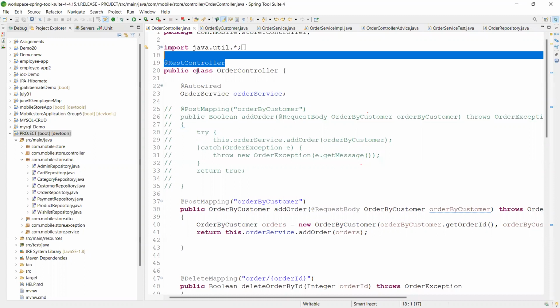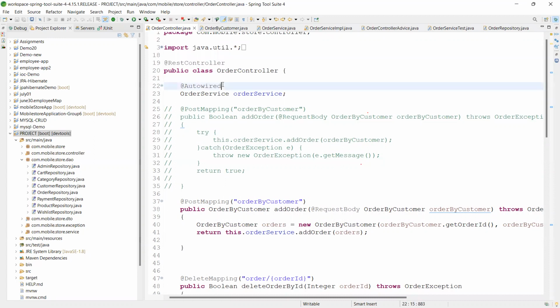We have used the Autowired annotation, as autowiring is a feature of the Spring framework that enables us to inject the object's dependency implicitly.